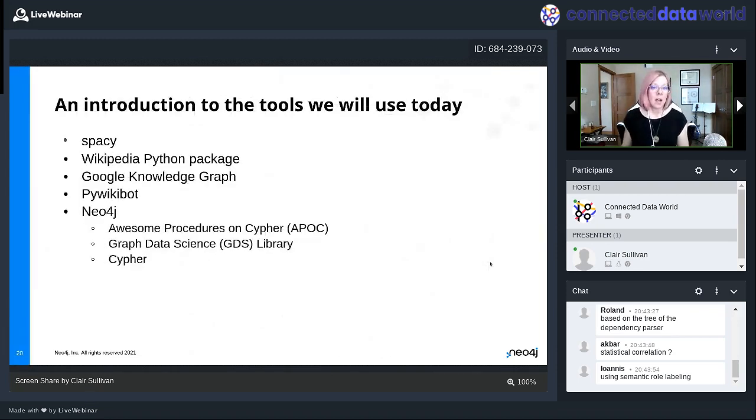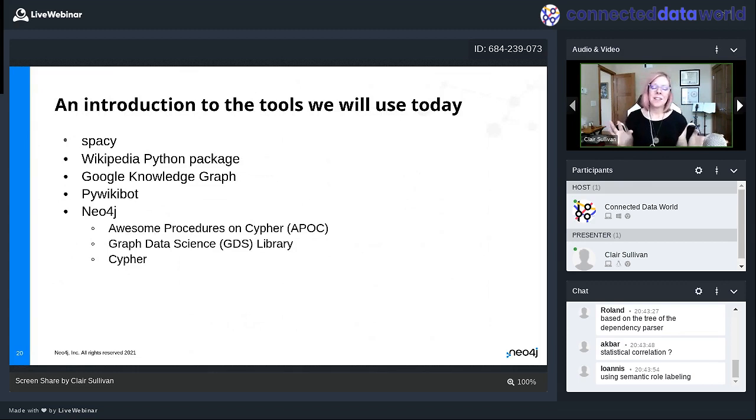Okay. All right, let's talk a little bit about the tools we're going to use today. I mentioned Spacey. Spacey is a nice open source Python package for doing all kinds of very sophisticated NLP. And I also said that I was grabbing text from Wikipedia. So there's the Wikipedia Python package that we're going to use. But also we're going to play around a little bit with the Google Knowledge Graph. Now we don't have time to actually go and create our APIs for querying the knowledge graph. I'm going to provide you with that data today.